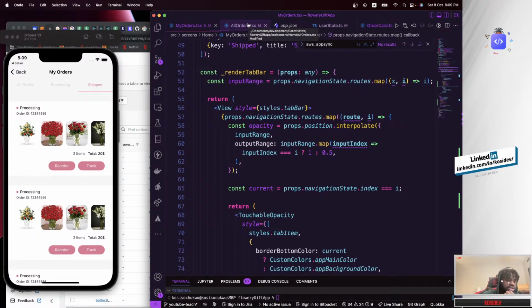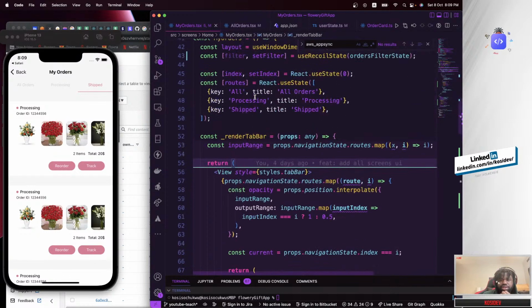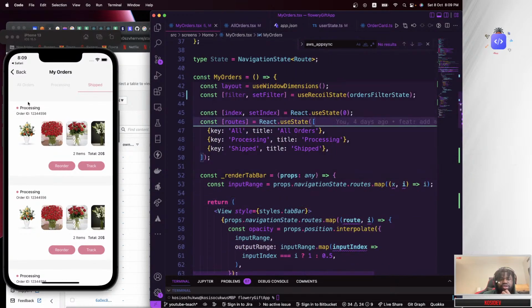So yeah, that's basically what we are using here to get this to update without trying to refresh the app or do anything else to it. It just updates on its own. So that's what we have.